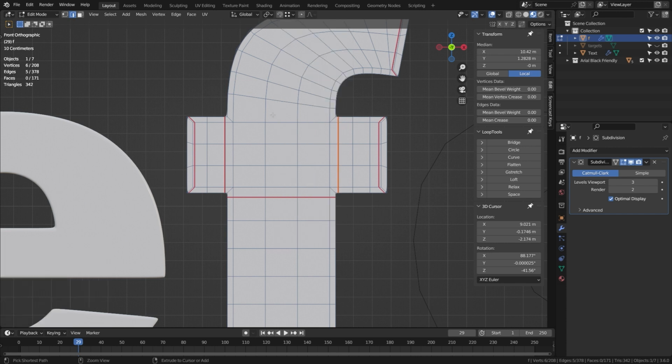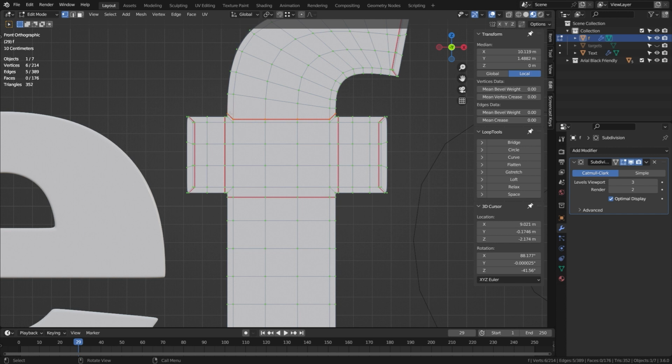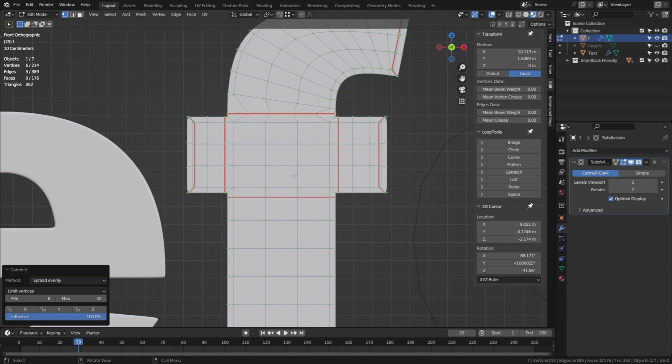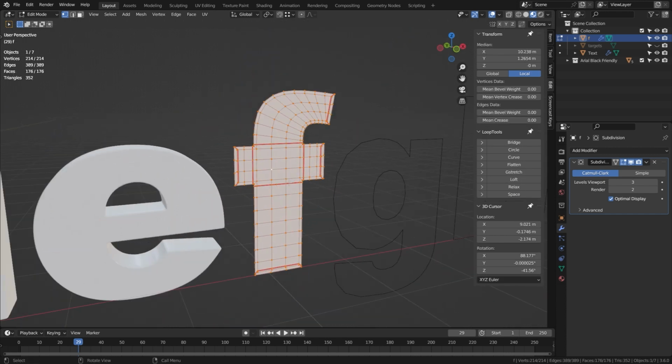Now I can't do that for this one at the top because it would make the 2 corners uneven, so I'll use the usual method of aligning the edge to the inside with project. And I want to use G stretch with project on this one. Good. Now if I just move the camera a little, I'm going to press A to select everything,